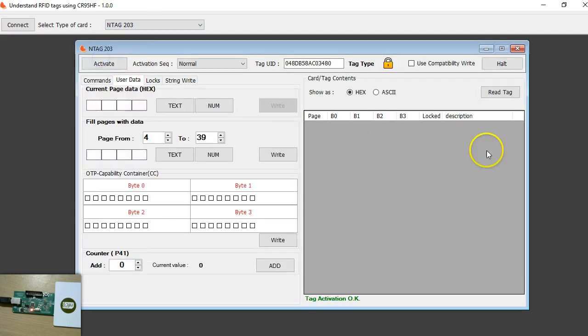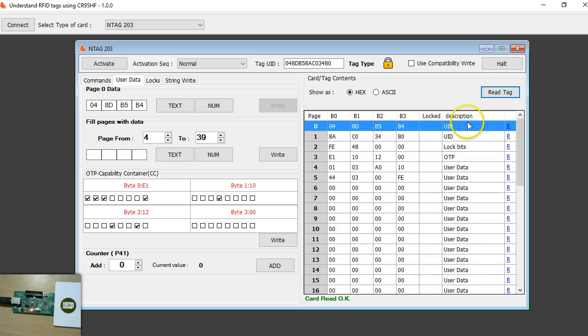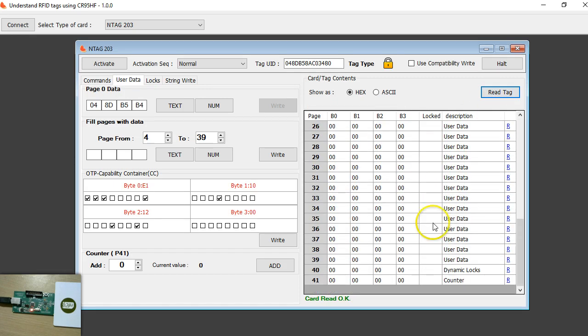Next, I'm going to show you how to use dynamic lock. So I'm going to place a new tag. This tag is different from my earlier video because I just ruined the tag. I was playing with the locks and it got locked. Okay, activate, and this is a brand new tag, and as you can see here, the dynamic locks is here